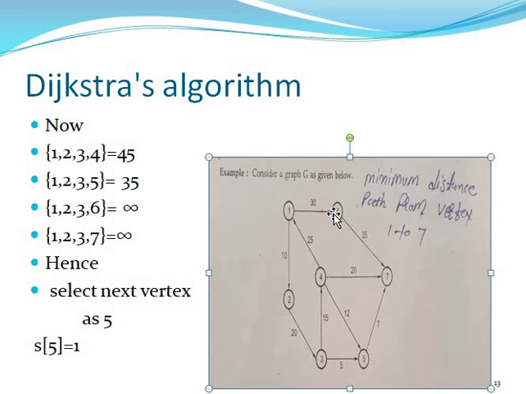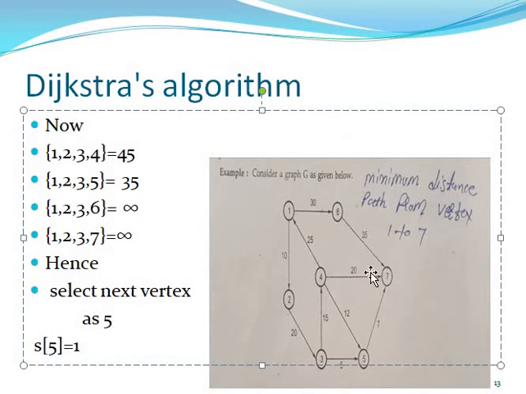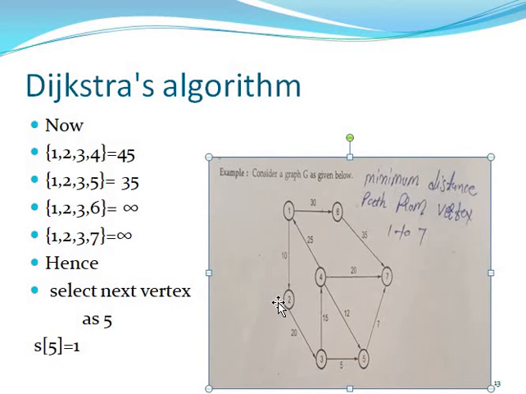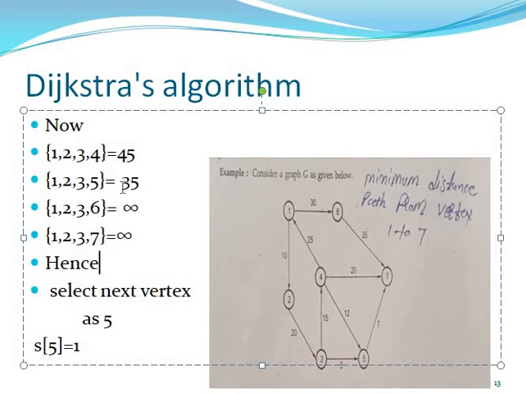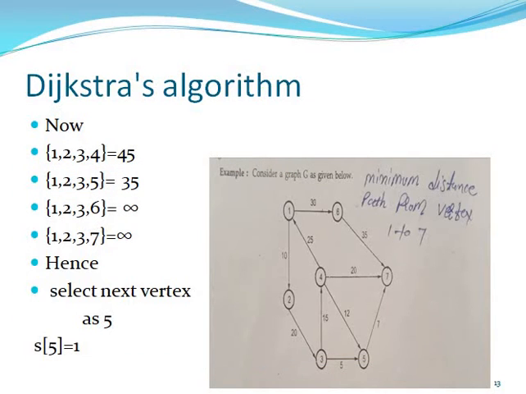Then you can go to the 6, no, then you can put infinite. And you go to the 7, 1, 2 and 3, and then after you can go to the 7, no, then it is not possible. Then what is the minimum? The minimum is 35, or also you can select the node 5. So selected node is 5, then this is the value, or path, you can select. So now you can select 1, 2, 3 and 5 because the weight is 35.